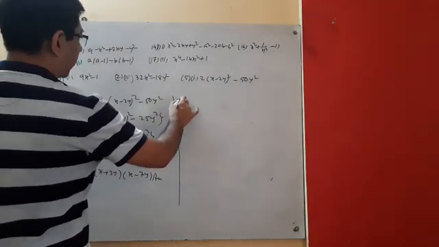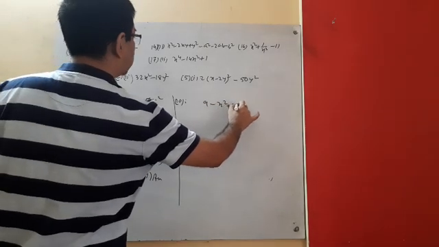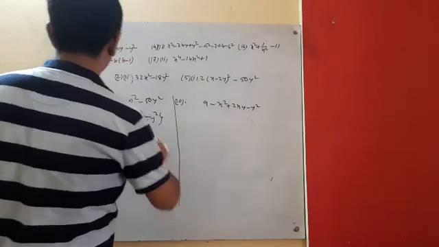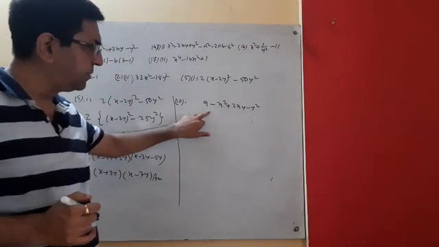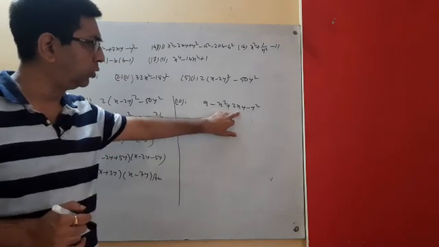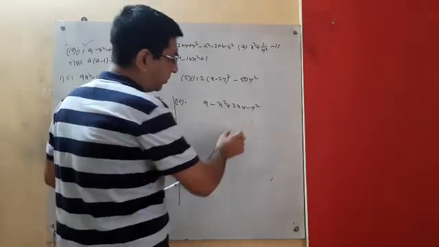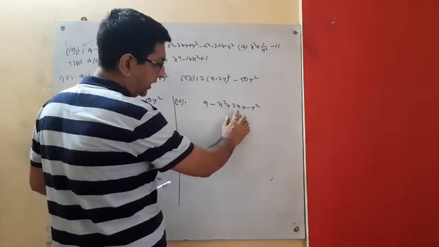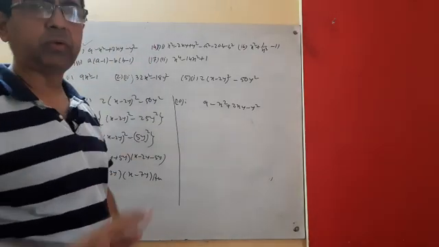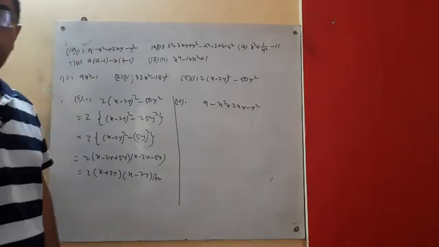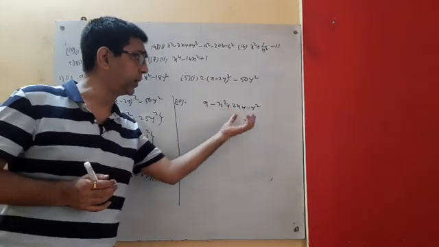Now there are some other types we are introducing here. 9 minus x square plus 2xy minus y square. This one I am doing. Look, if we go for 9 minus x square, this is the a square minus b square form. If we take common y here, then 3 plus x into 3 minus x. So grouping of terms is not possible here, so we will not get a common factor. So what will we do? There are 4 terms here, grouping of terms is not possible.